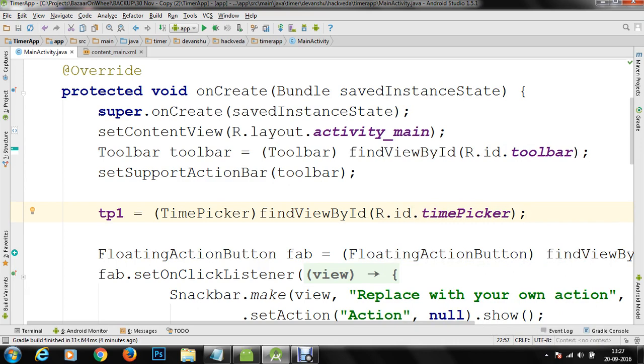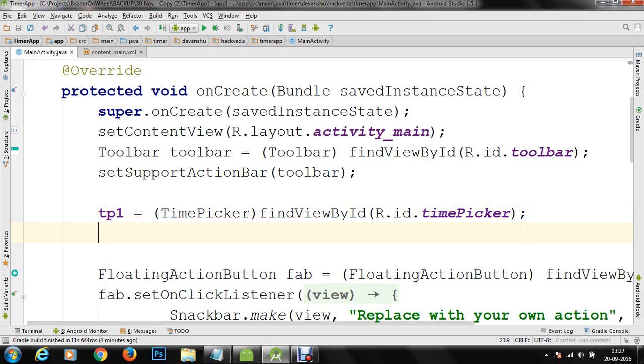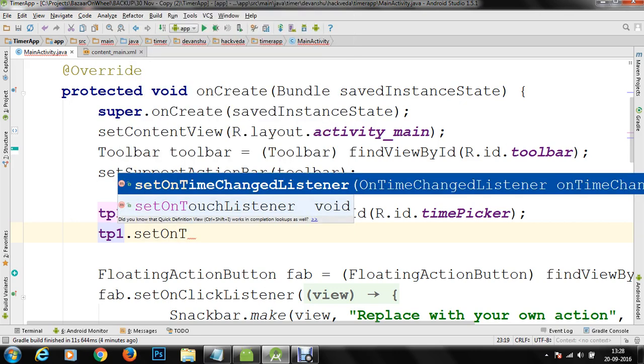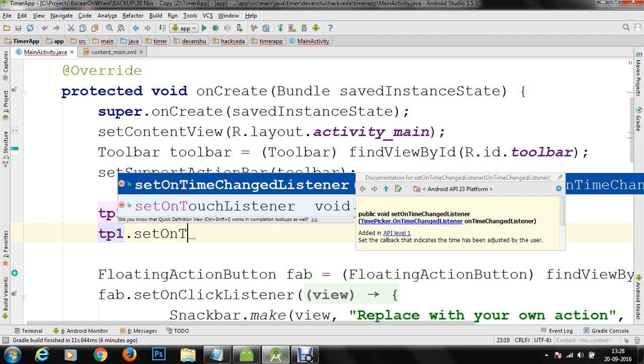As soon as the control is referred, now we can perform event handling on this time picker control, and as soon as a user provides some values, we can fetch that information and we can use the information as per our requirement. So first of all, we want to get our information from the calendar interface. Either if you want to do that, you can get started with it, or otherwise you can directly set an on date change listener or on time change listener on TP1. So we'll make use of the object TP1 and we are going to set an on time change listener on our TP1 object.